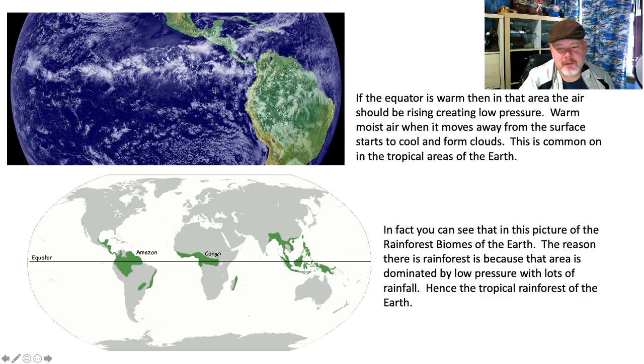You also get that a little bit in Africa too. And this has something to do with the fact that this zone right here, this area of low that goes all the way around the globe, is where the sun is hitting directly on the equator. But remember, I told you guys, when the sun hits directly on the equator, that only happens twice a year. And that low that surrounds the Earth in that area is called the